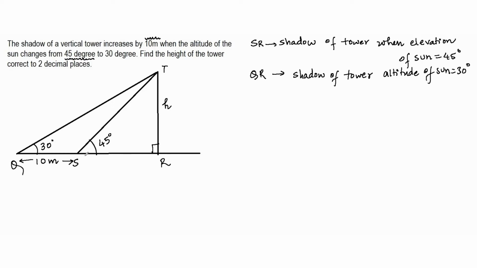Of course, if you notice, SR is also going to be important and we do not know its value. So let us go ahead and assign a variable to it. Let the variable be X here. So we have introduced two variables, H as the height of the tower and X as the horizontal distance between the first shadow and the base of the tower. Now we have two variables, H and X. That means we need two equations. So we are going to frame two equations. But before that, I will pause for a few seconds so that you can correlate the question with the diagram.